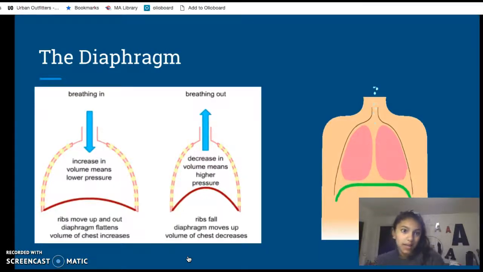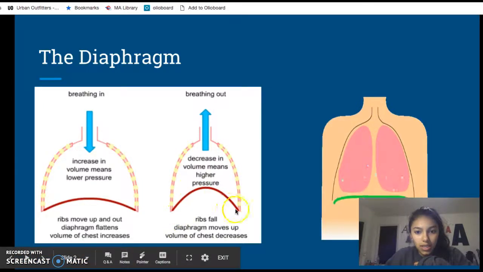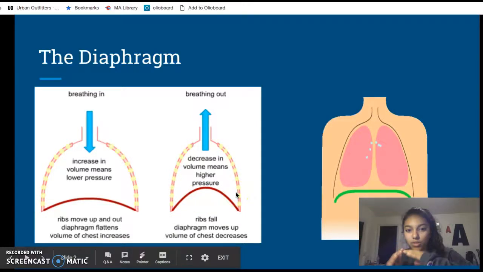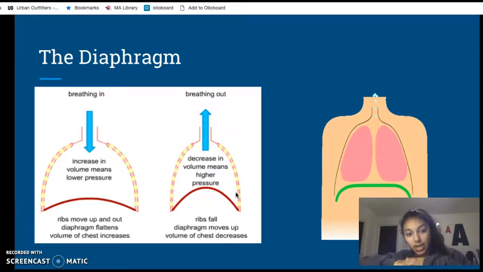So, to begin, the diaphragm. The process of inhalation, which is caused by the diaphragm, moving from its resting domed shape, as you can see here, so the resting dome shape is like the relaxed, and then to its flattened state, which is when it contracts. So when you are breathing in, it flattens, and when you breathe out, it goes back to the resting dome